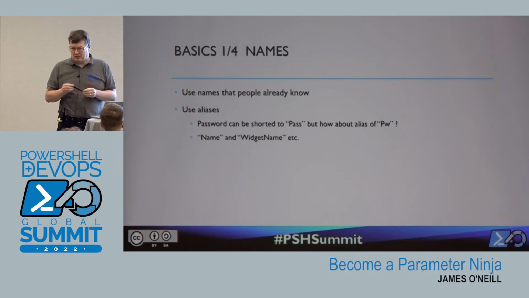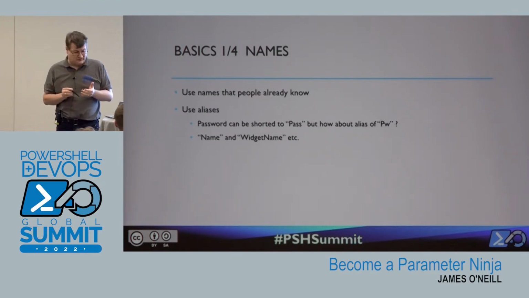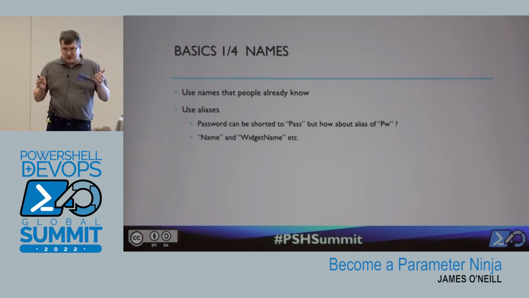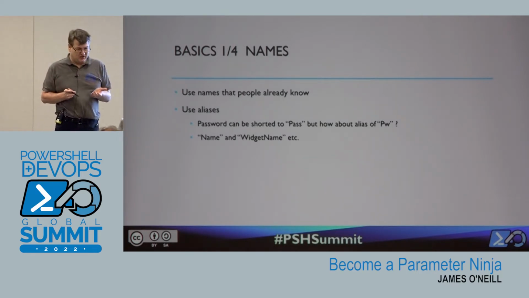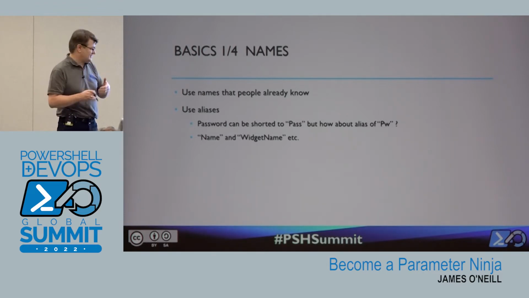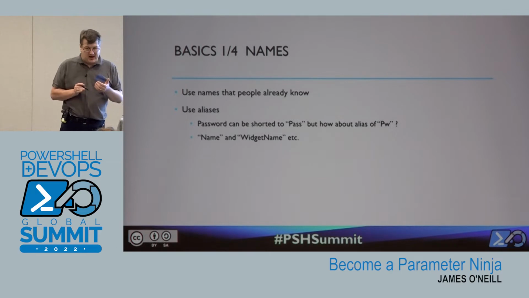So, stuff that we probably all should know, just to make sure everybody's on the same page, but I'll whiz through this quite quickly. Names of parameters: try and stick to ones people already know. I know that everybody has got their own idea what you should call the path parameter. And if you can have two or three different path parameters, that's obviously better than one. No, it isn't, but that's kind of how things have come to be.